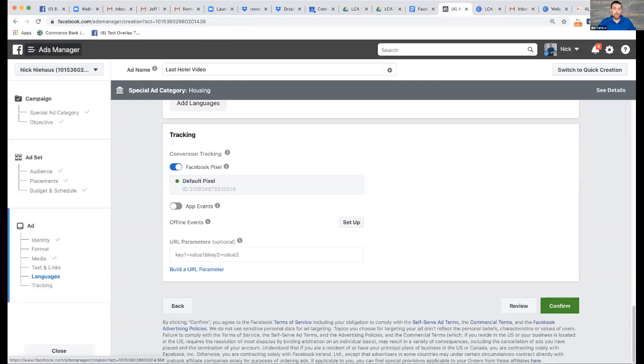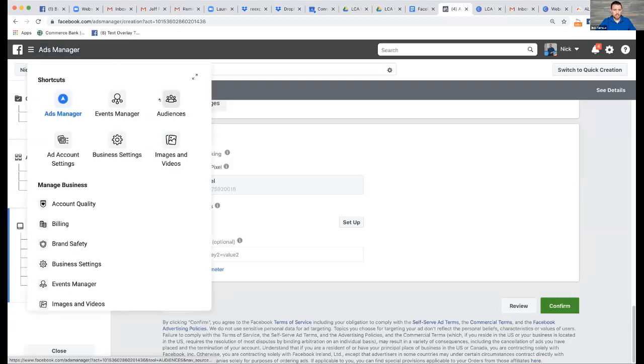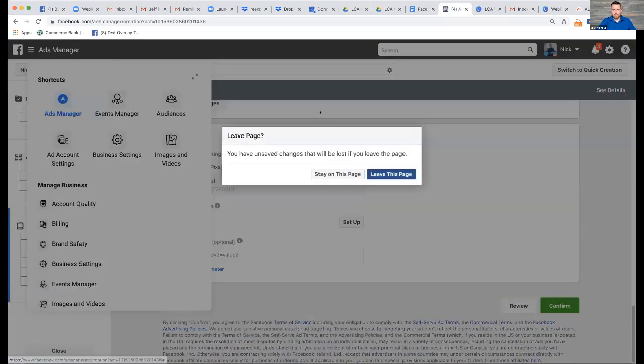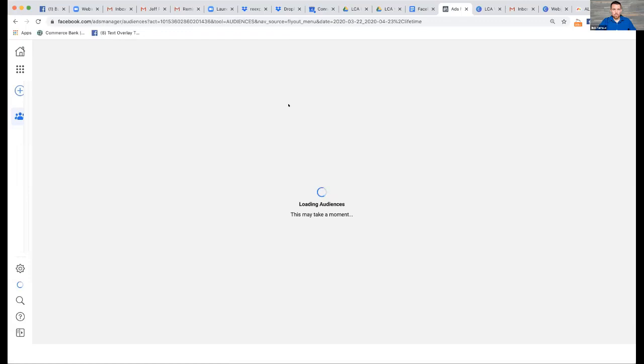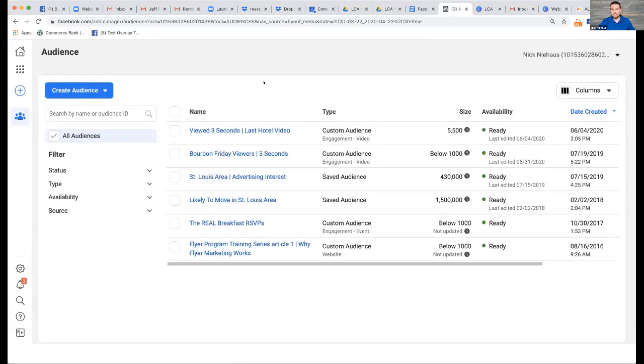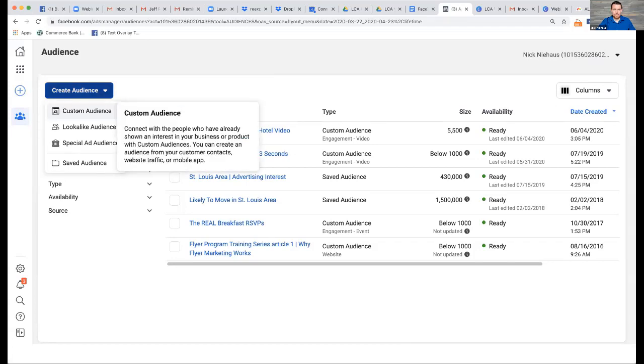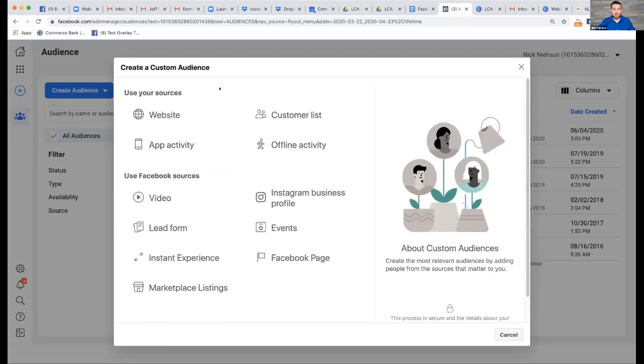So let's see here. What we're going to do is create the audience. So now the next step is we need to save an audience of the people who have seen the video, right? So I need an audience, which is a way of tracking certain people, of just the people who watched that existing video. So I click on this button up here and I click on audiences. They actually redesigned this recently. It's a little bit easier to navigate. Click on audiences, and that's going to open up the audiences tab where I'm going to create this new audience, all right? And it's a pretty simple process. So what I do is I click on create audience. You're just going to select the first option, which is custom audience, and then you select video.